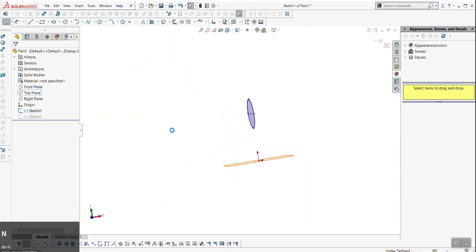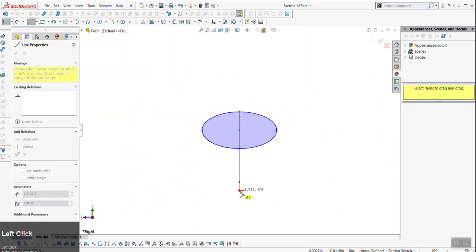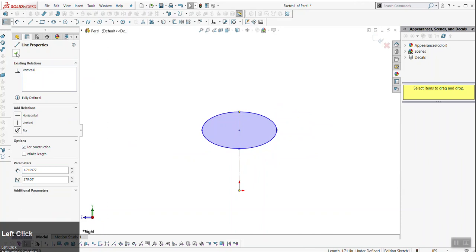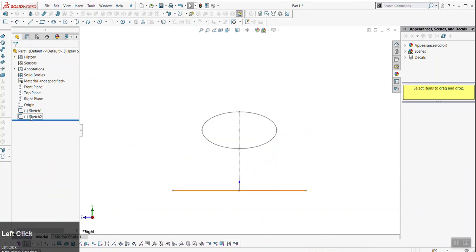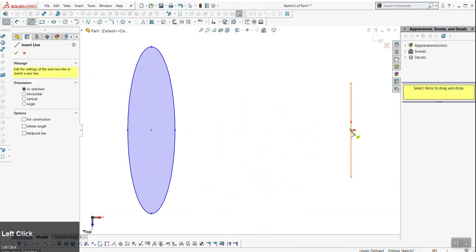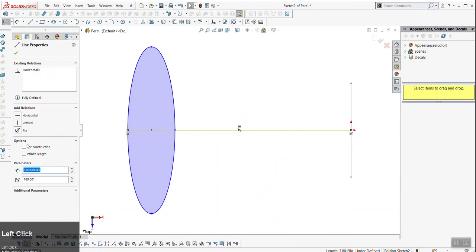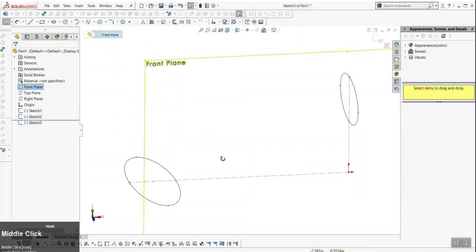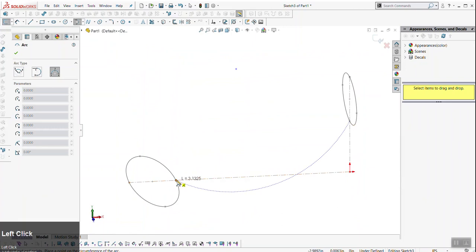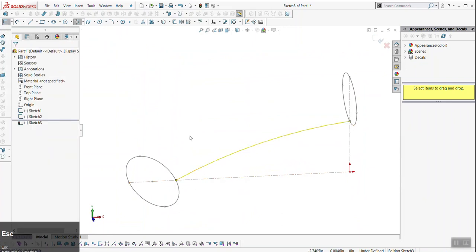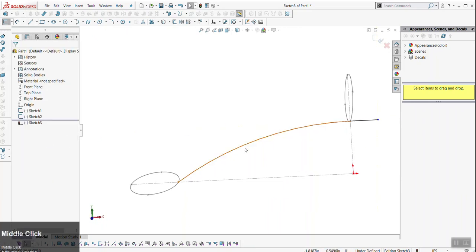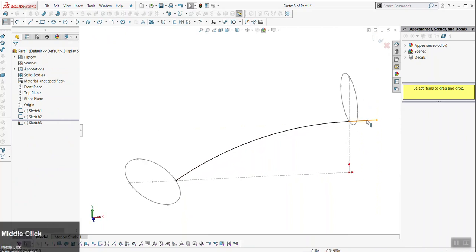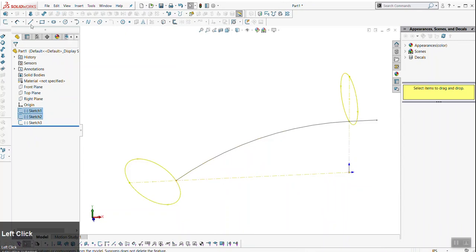This is why you always want to make things coincident. I could, for example, just make sure that this is coincident to the center here. And on this one, make sure that this is coincident, so that they're aligned center. That's why I did that. Now on this front plane, if I create a sketch, I can create an arc from this point to this point. Because these are ellipses and not circles, they have points at their edges by default. If I want a nice profile, or perpendicular blend here, I can have this line, and now if I click on these two and select loft,